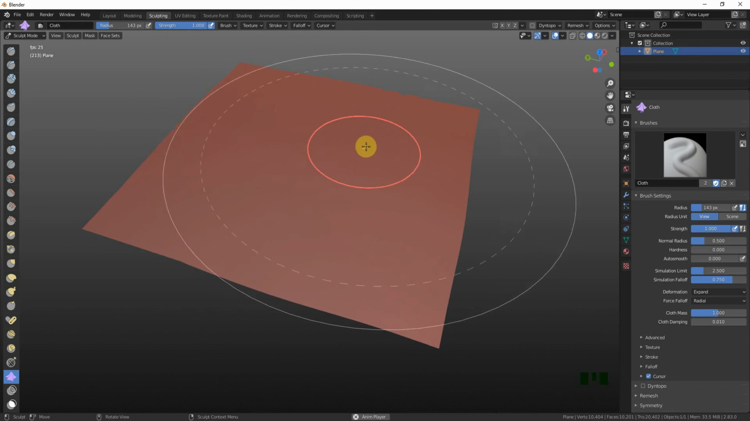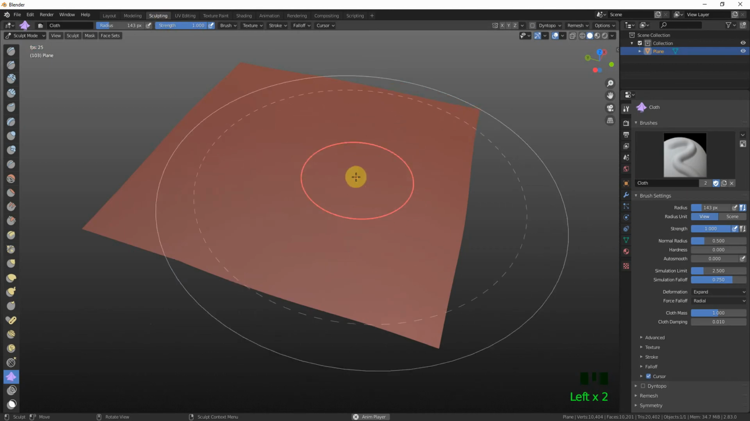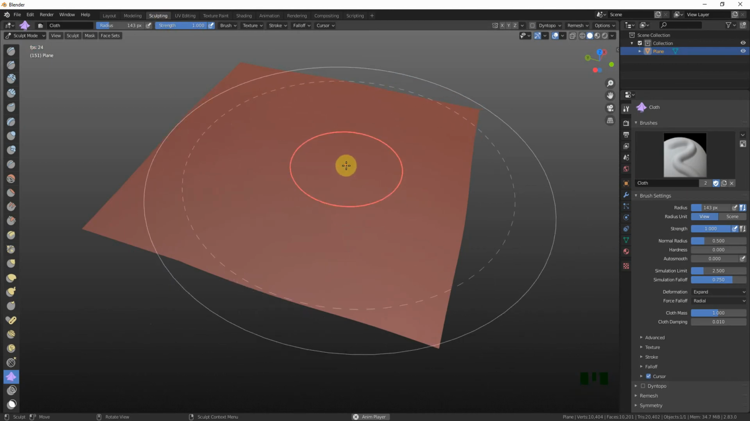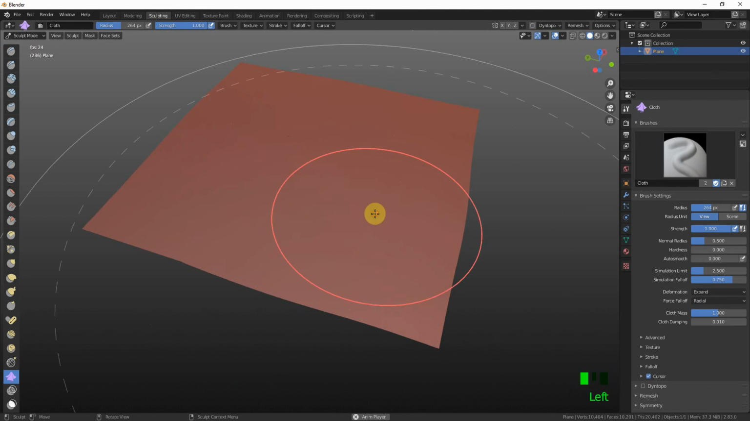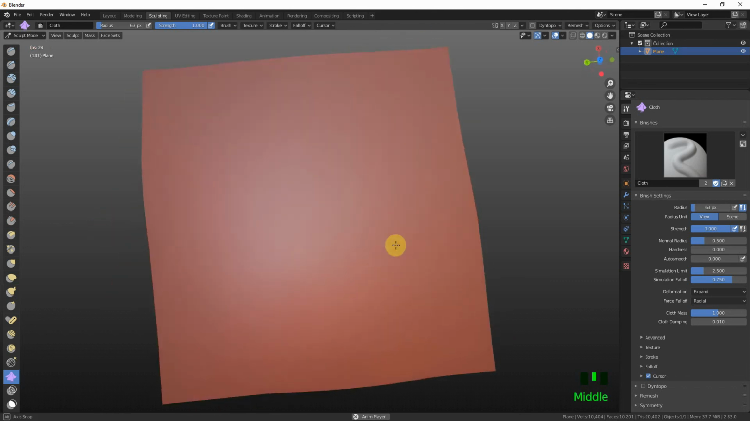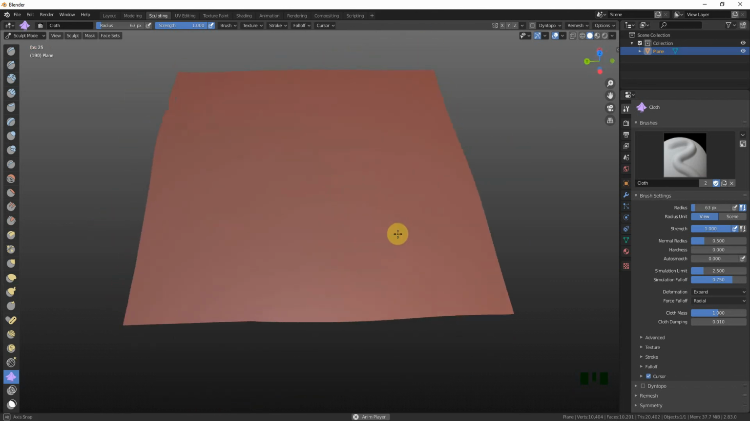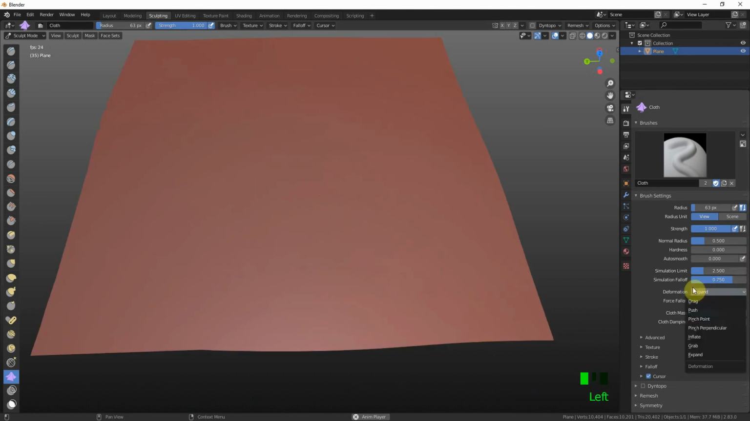Why isn't that working now? Yeah, I've got geometry. Oh, it is kind of, I suppose. Let's scale it up a bit with the F key. Scale it down with the F key. Well, it's kind of pulling it out a bit. I'm not really sure what's going on there. Let's bring this back to